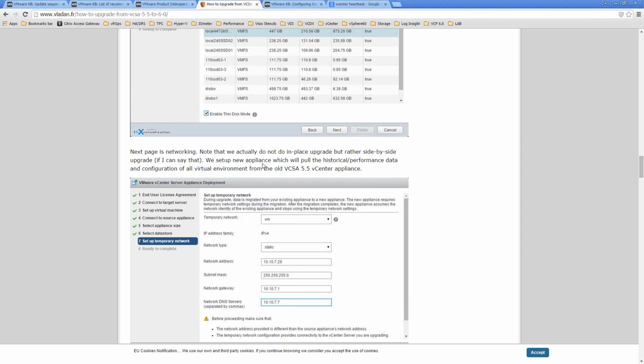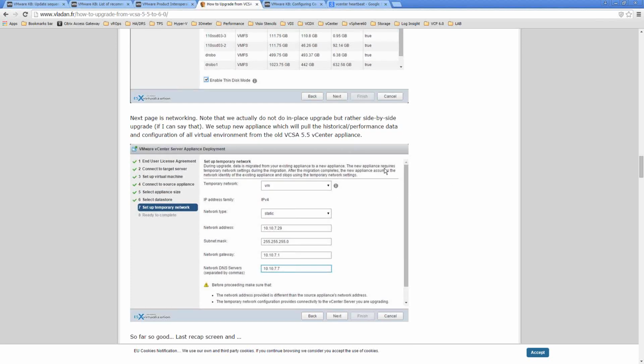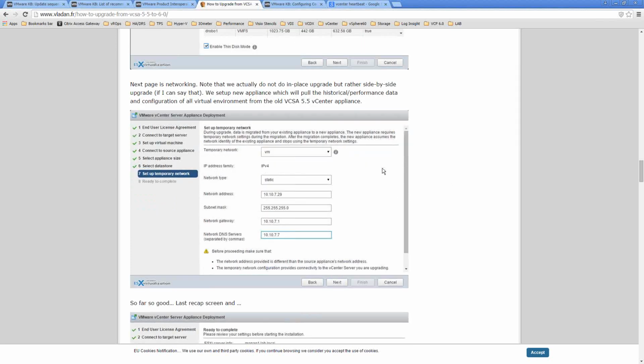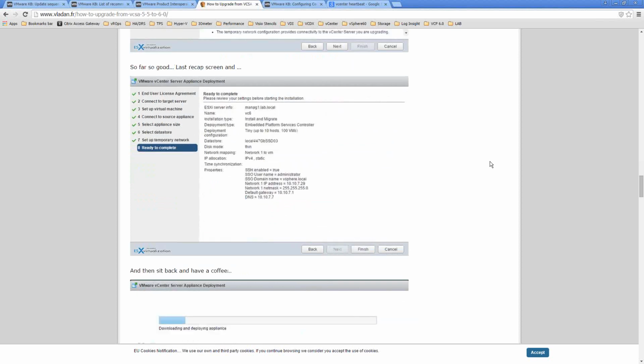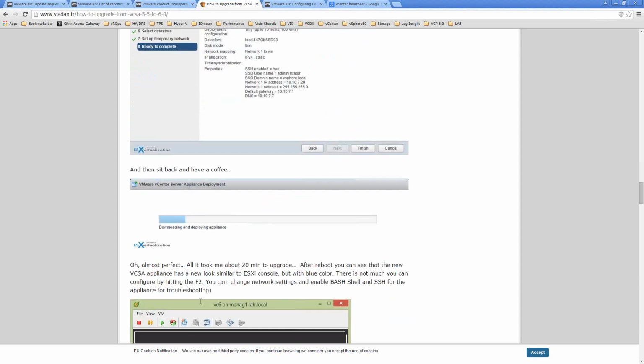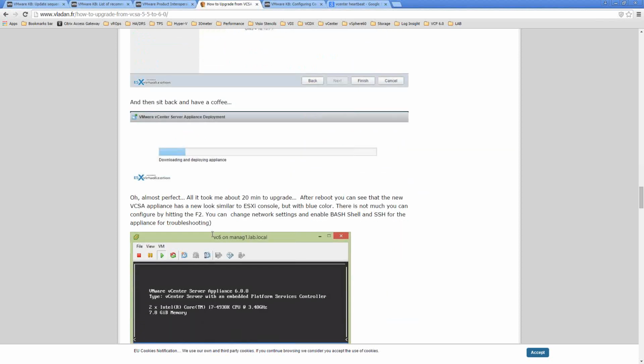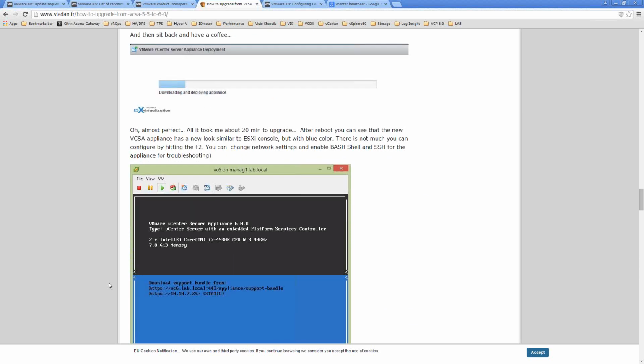When he sets up the new appliance, it'll automatically pull the historical data from the other one into the new one, and it leaves the old VCSA still running. It took him 20 minutes to upgrade. And the blue box.